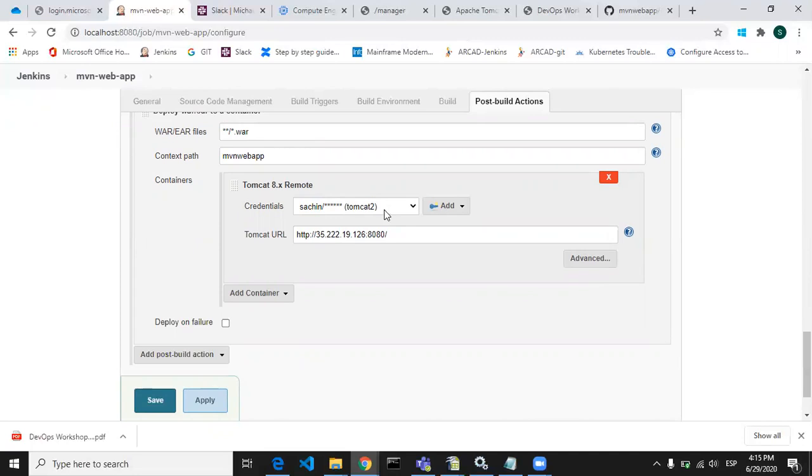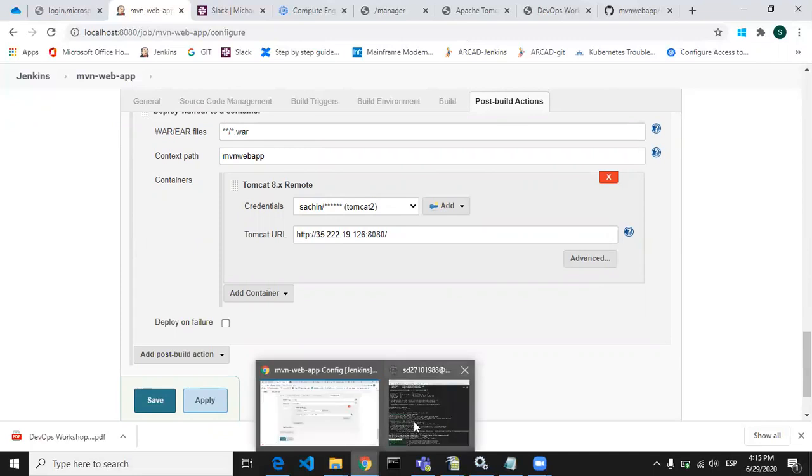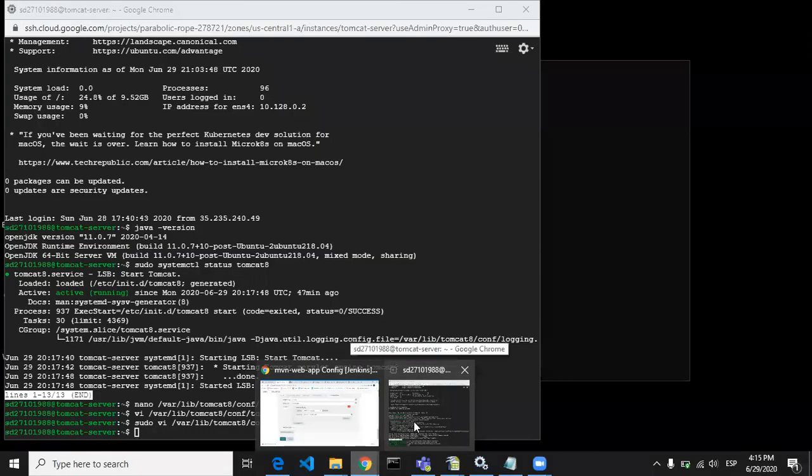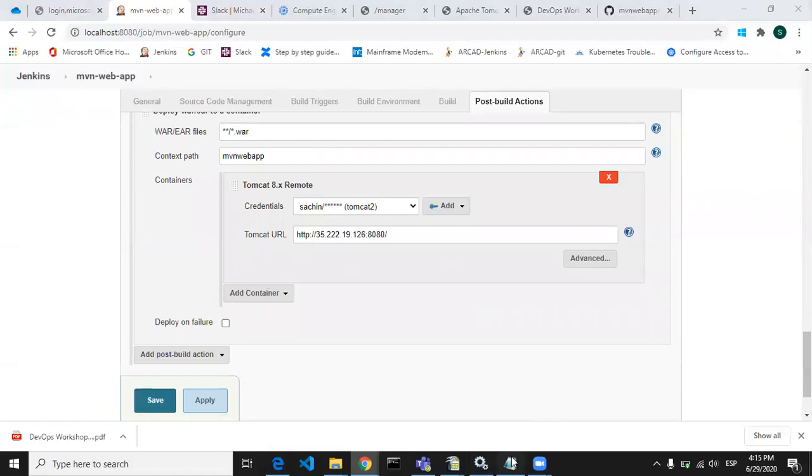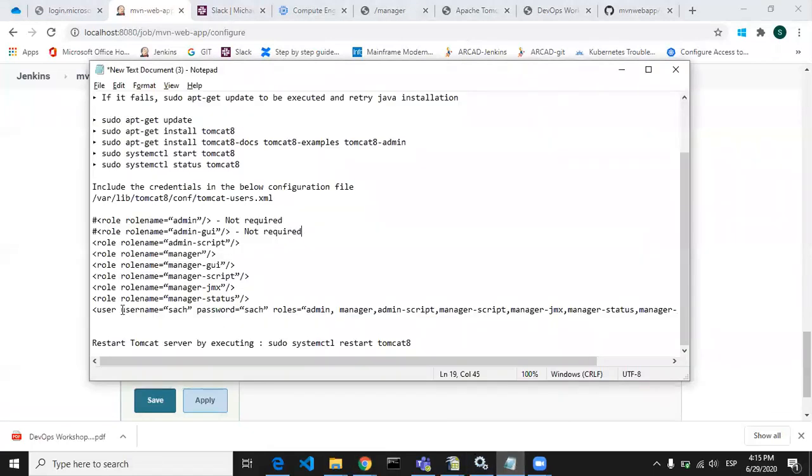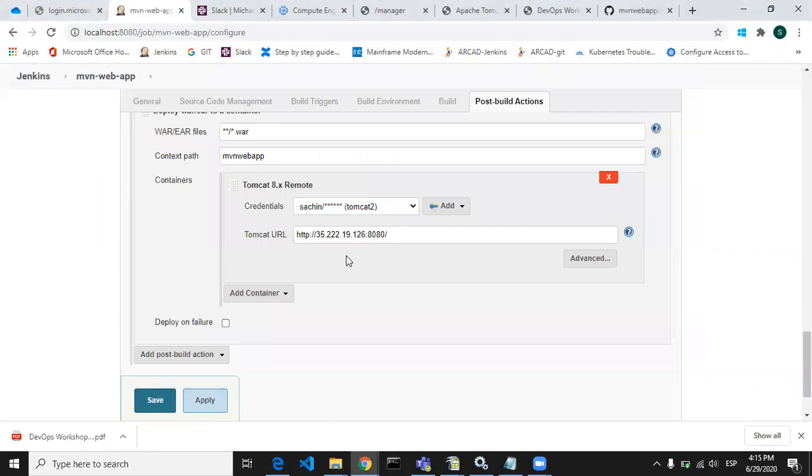From where will this Tomcat credential come? As you see, we have already given the credential in this Tomcat users.xml, so username and password. This username and password you need to set in the credentials part of Tomcat.